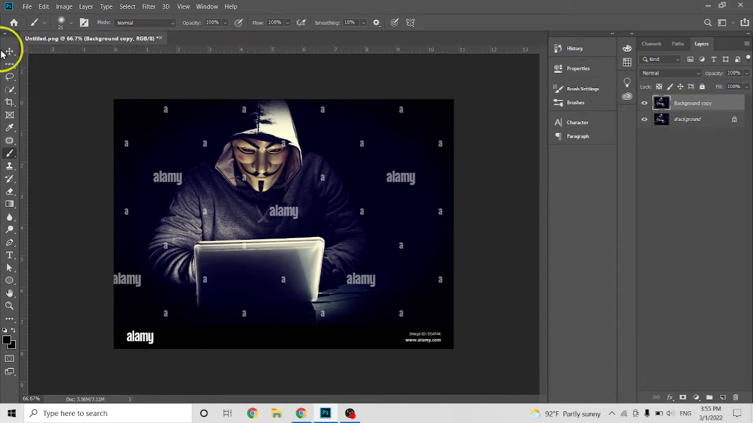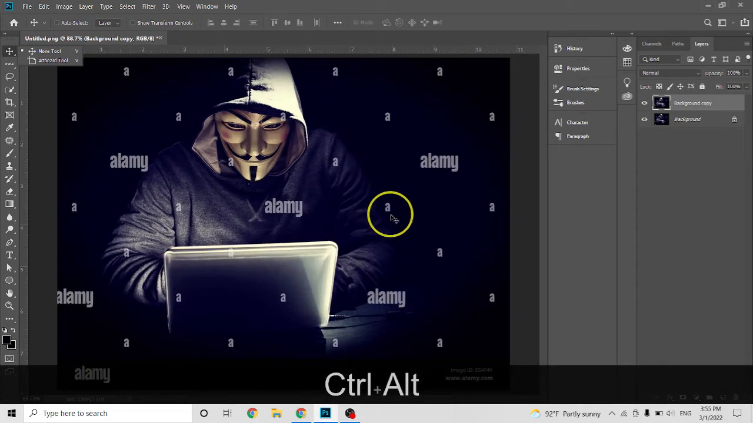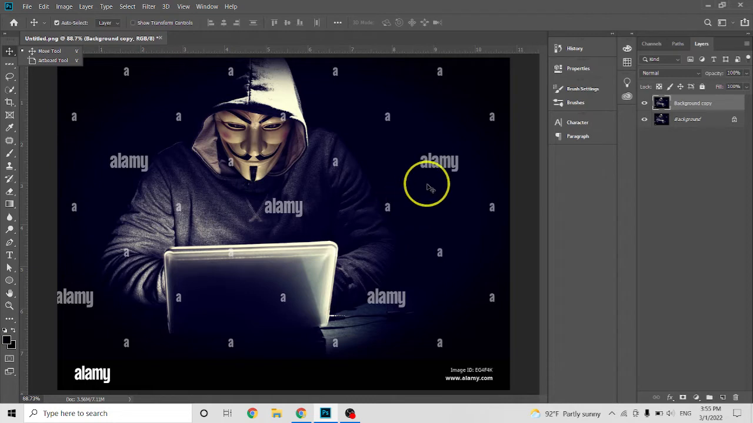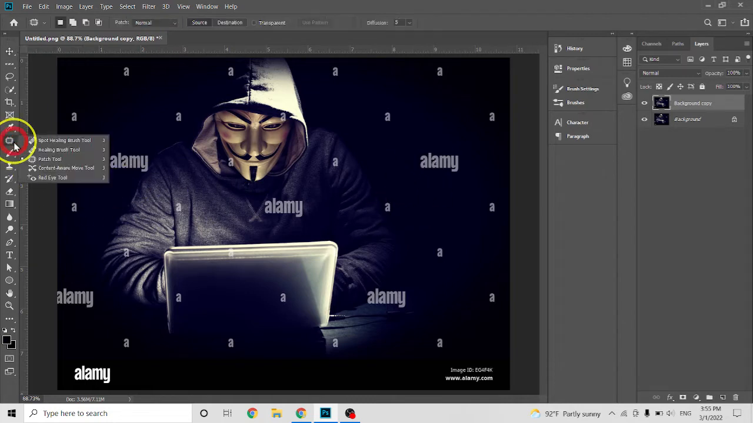So there are many methods to remove the watermark, and I will show you all the methods. You can check them out in the description below. The first is this tool. You see here, the path tool. Use this tool, so circle it